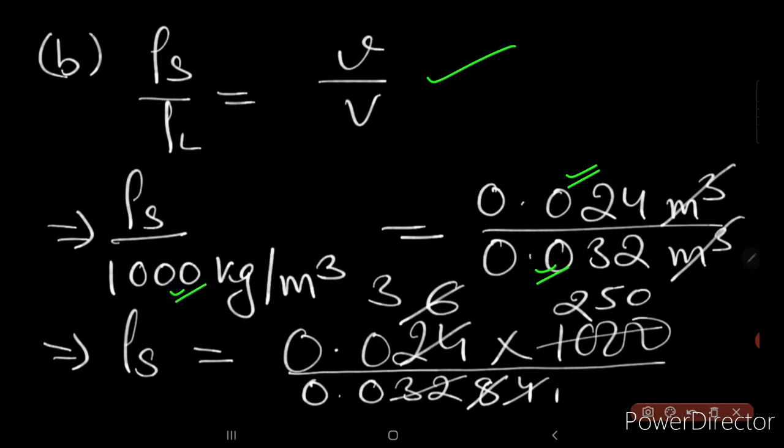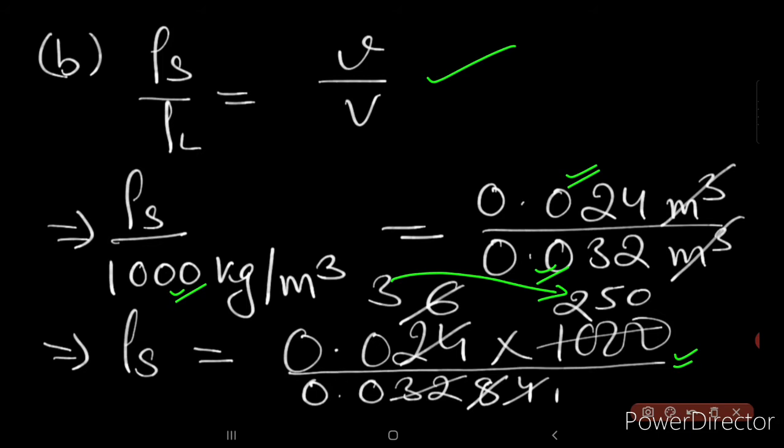Now doing the normal calculation, we will have the value of rho s. I think you can guess the value, it's written in the book also. Please write the answer by yourself after solving this. It will be 3 into 250. So this is for number 2. Let us go to the next